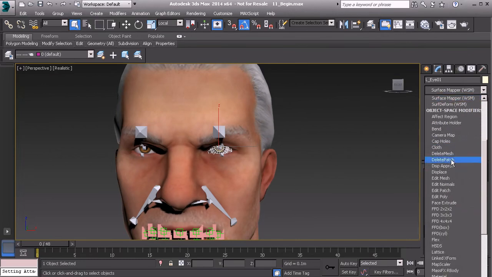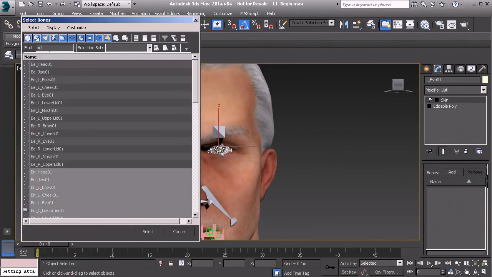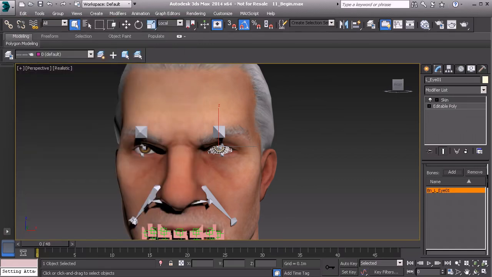We simply go ahead and add the skin modifier and go ahead and add the eye bone. So in this case, it's going to be BN_L_I. Let's go ahead and click select. And there we go. To test this out, we can go ahead and grab that eye bone and start rotating